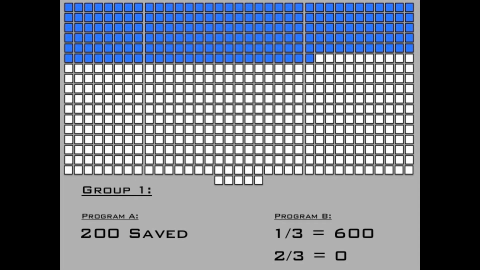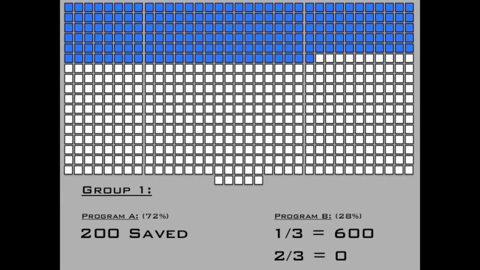If Program A is adopted, 200 people will be saved. If Program B is adopted, there is a 1/3 probability that 600 people will be saved and a 2/3 probability that no people will be saved. Tversky and Kahneman found that 72% of the students chose Program A and 28% chose Program B because the idea of saving 200 lives with certainty was more promising than the probability of a 1 in 3 chance of saving